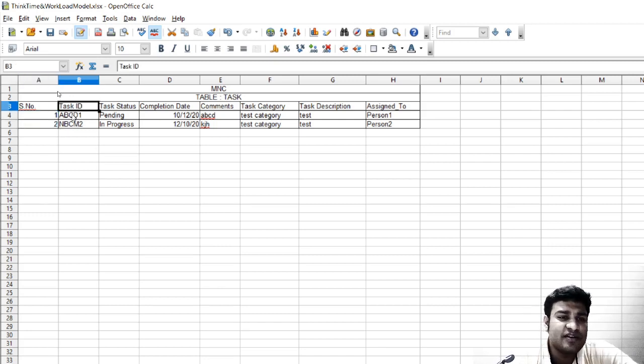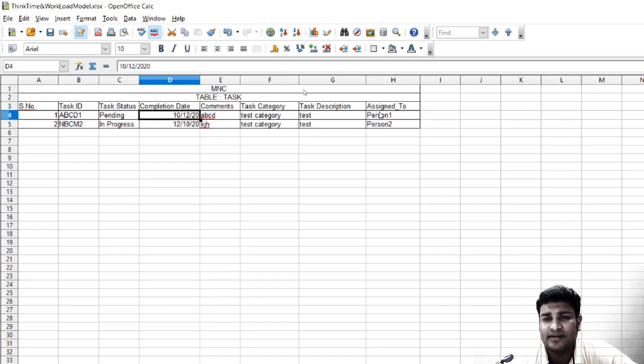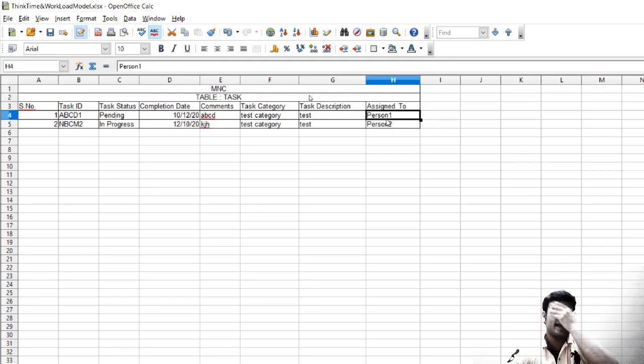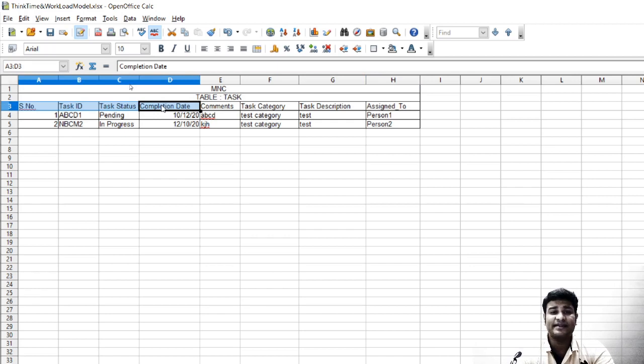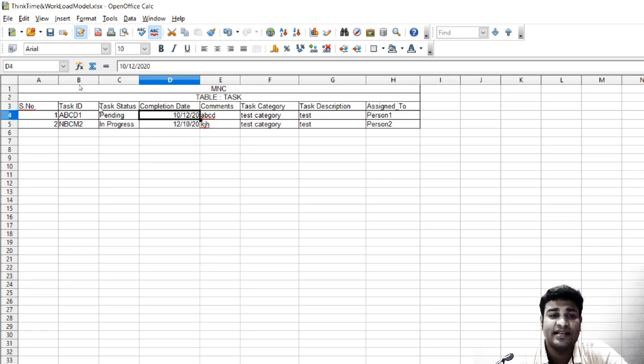Task ID is a combination of alphanumeric and integer. This is a data type date. This is of data type again alphanumeric and integer. So again, what I mean to say is whenever you are creating a table, you need to give the table headers, then you have to give the type of header, the data type of this particular header. When you say the completion date is a table header, this header is of type date, this header is of type integer, similarly this header is of type alphanumeric.